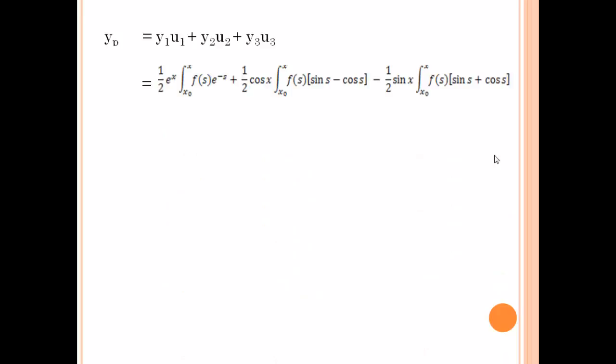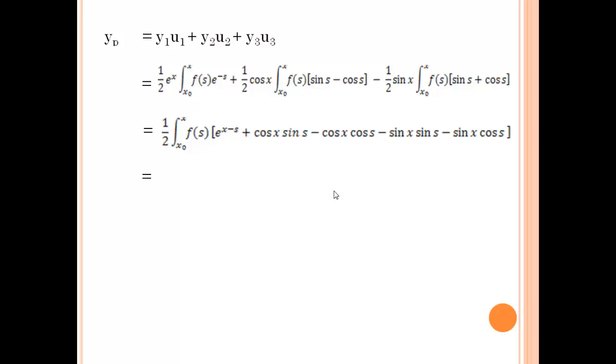Now, yp is equal to y1 u1 plus y2 u2 plus y3 u3. Now, substituting the values from our equation would give us this equation. Now, simplifying the terms would give us, using the trigonometric identities, this equation would give us,